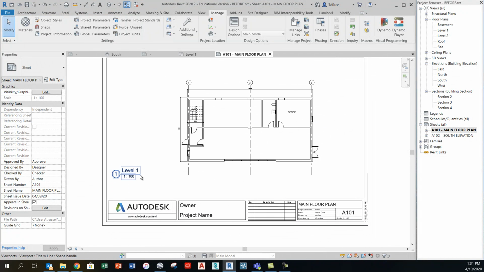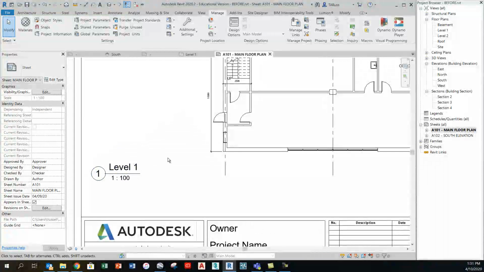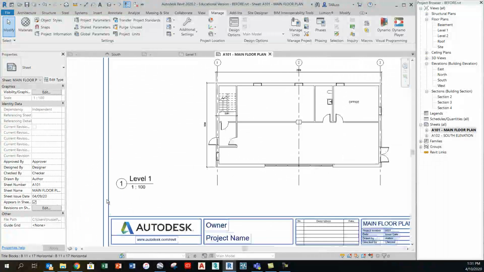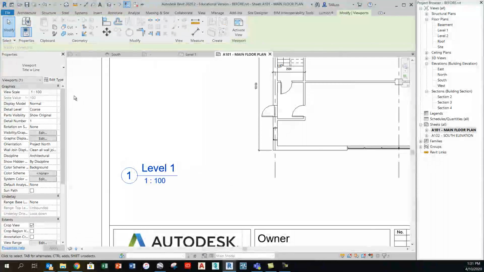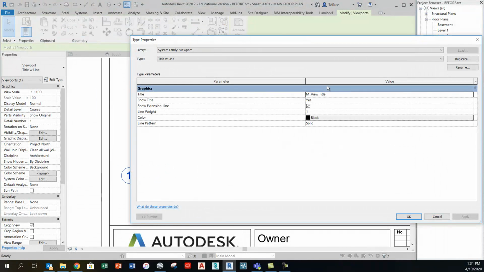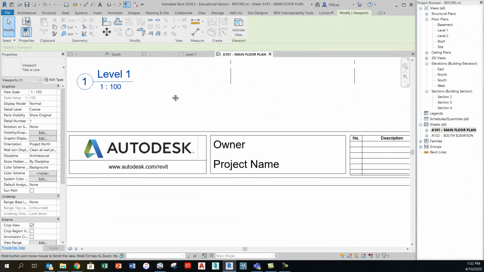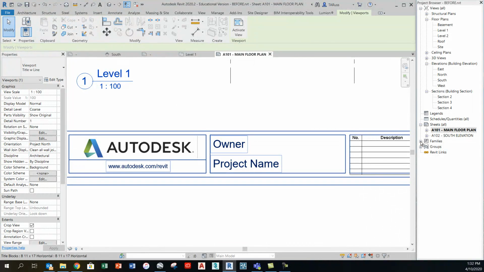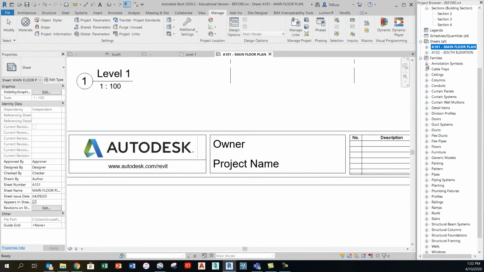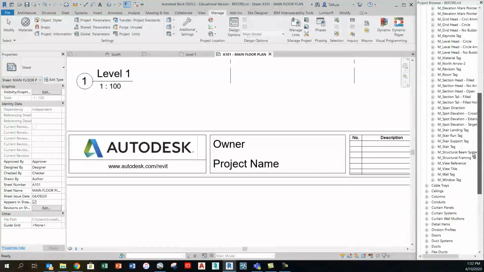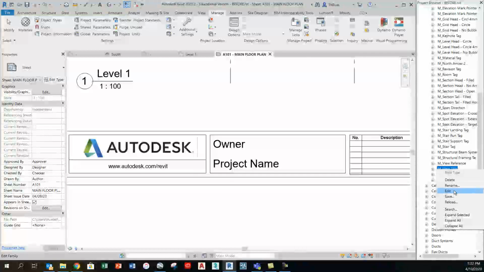Last thing we're going to fix here is just this element, which is the drawing title. And the process is the same. So I'm going to start by clicking on it, going to Edit Type, and in Edit Type I see that the RFA file it's using is M_view title. I will just kind of jot that down or remember it, find it over here in the browser under annotation symbols, and down towards the bottom I can see M_view title. I will right click and select Edit,